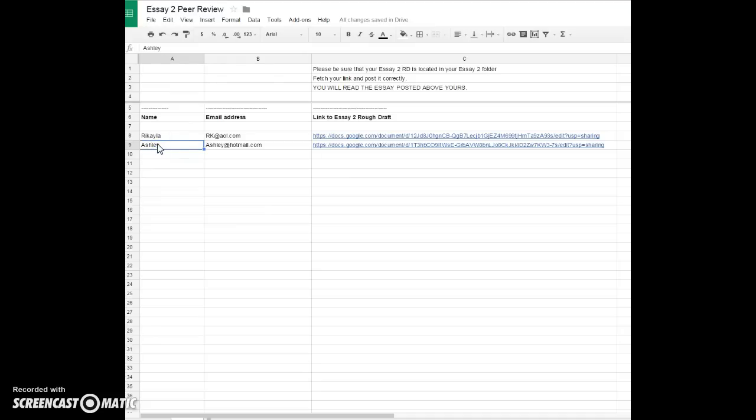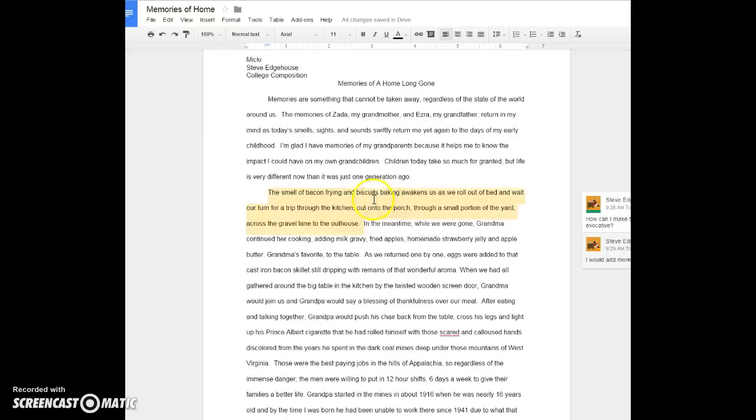You email me if the person whose peer review you're in charge of is dragging their feet in getting back to you or giving you access. And since I have equal ownership of everybody's folders, I can go in and give anybody access to anything. I will make sure that you get access to the person who you need to do peer review for. Okay, you with me? Believe me, this stuff is allowed to be a little choppy the first time. It'll be better the more we do it. And believe me, we're going to do it a lot.